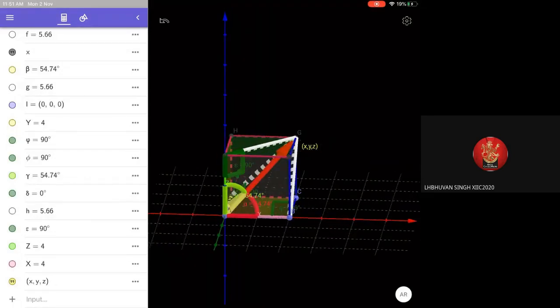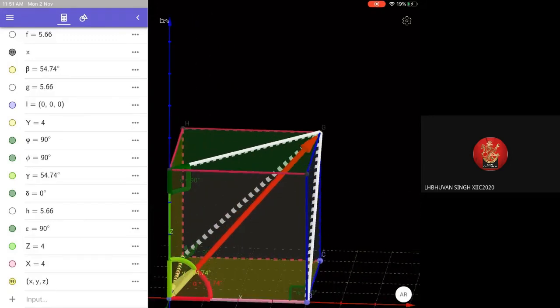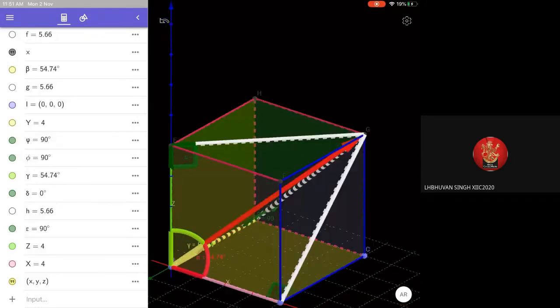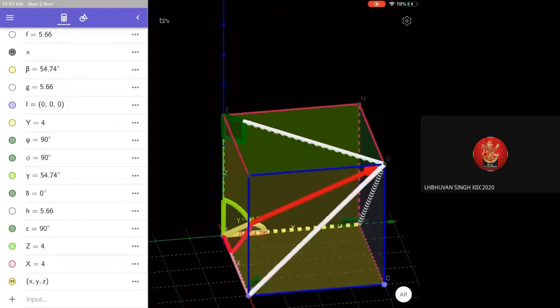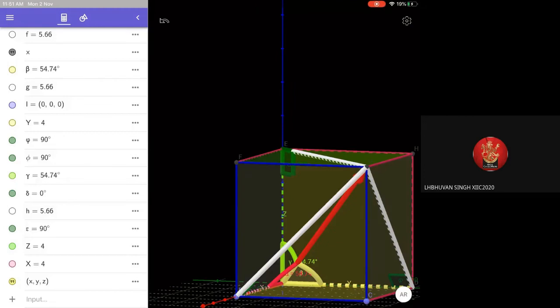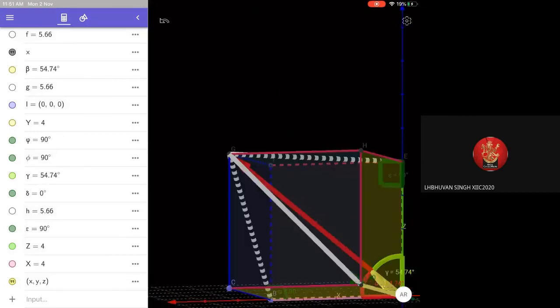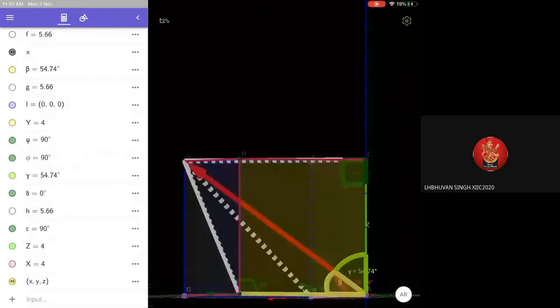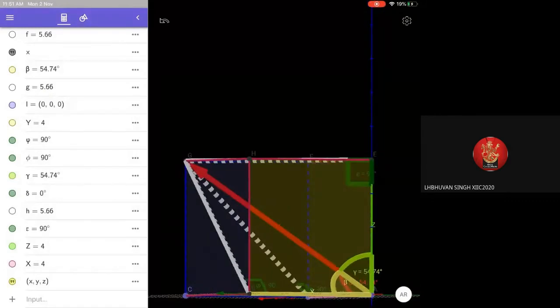Okay, now I am enlarging it. So x unit is coming as a base and alpha is the angle. Then cos alpha is x by r. Similarly, just to visualize cos beta. Beta is the yellow color one, right? So there also you get a right triangle. Now can you see? I think now we can see.